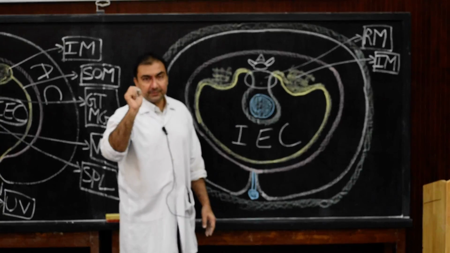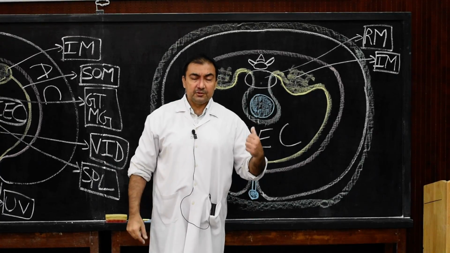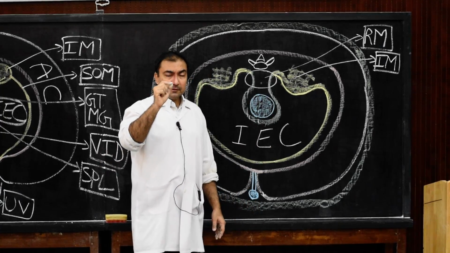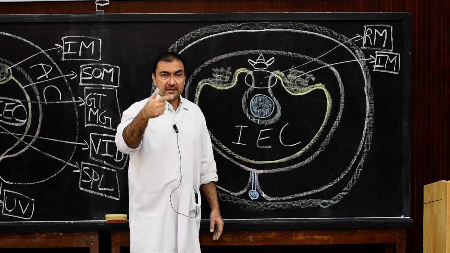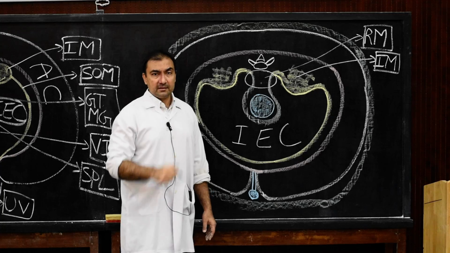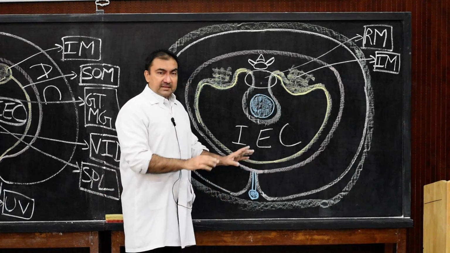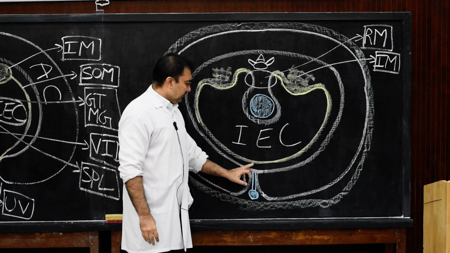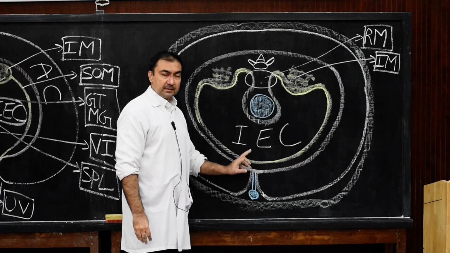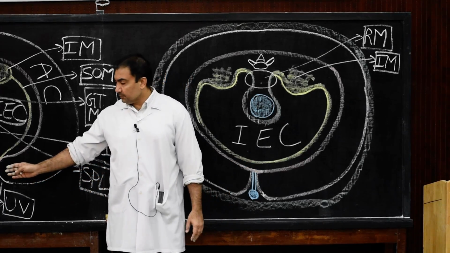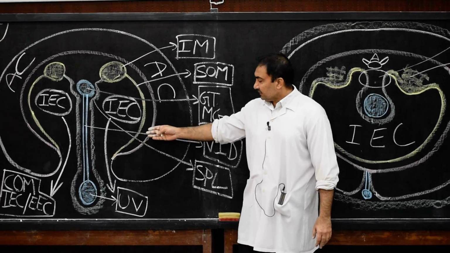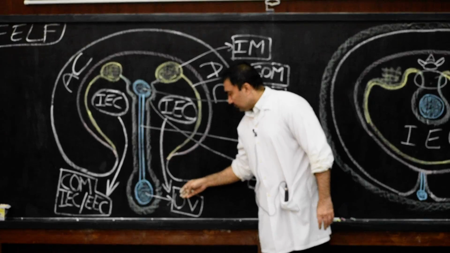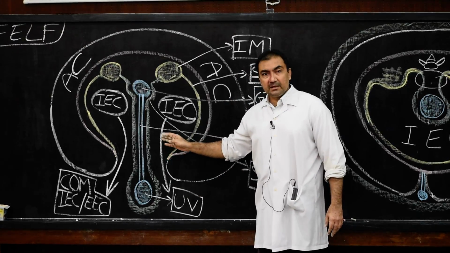Now we come to applied anatomy, the applied portion of these two lateral folds. Clinical embryology. What we need to understand now, this word is often asked in one mark question answer or in MCQ, that is physiological umbilical hernia. As this diagram is complete, we have folded the lateral folds. Initially, there will be a communication between intraembryonic and extraembryonic coelom, and that communication we have shown in the first diagram where the arrows are there. As we have shown these two communications between intra and extraembryonic coelom, this will be known as physiological umbilical hernia.